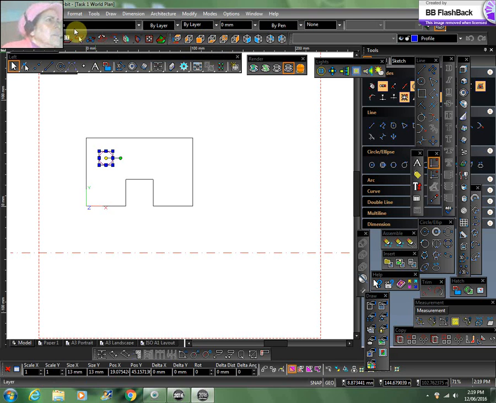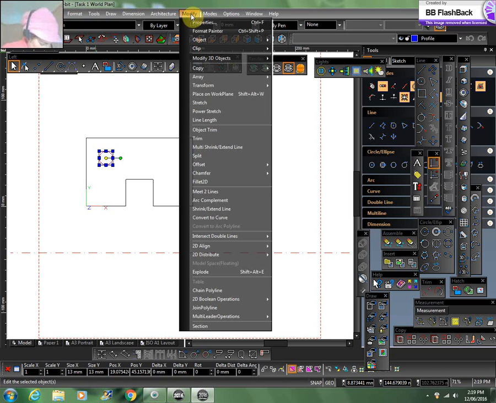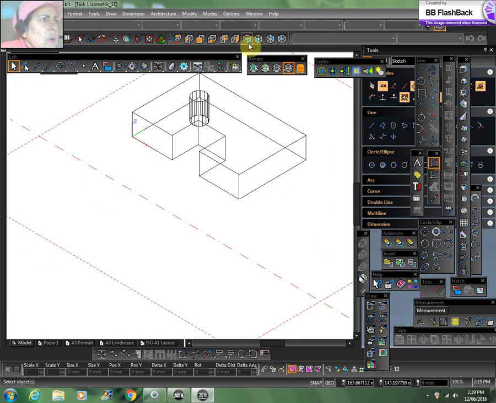modify, we go to modify, and then Place on Work Plane. Place on Work Plane is here. We click on this one, and then when we click on Place on Work Plane, the bottom circle that was at the bottom page will come to the top, and then we have to